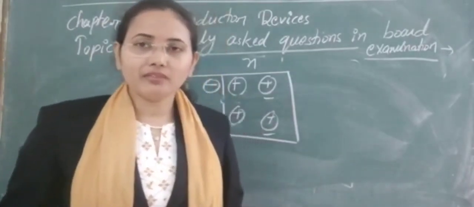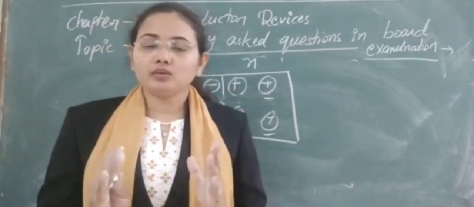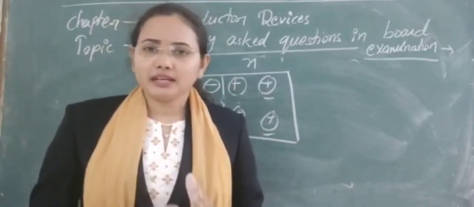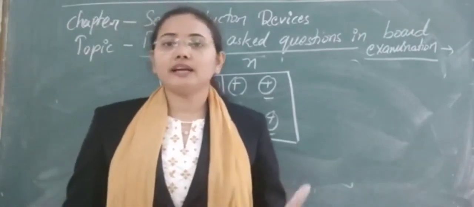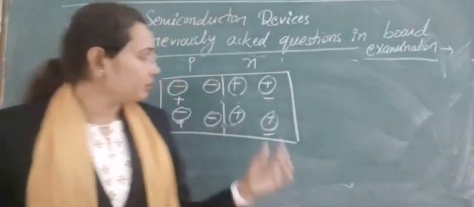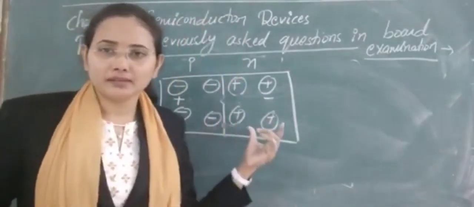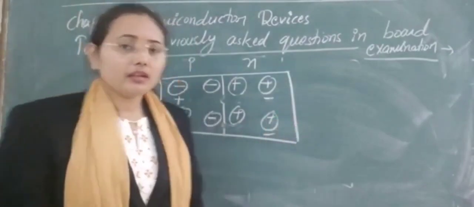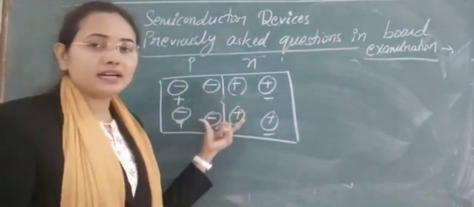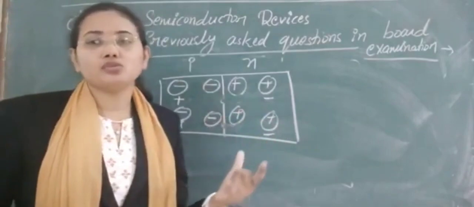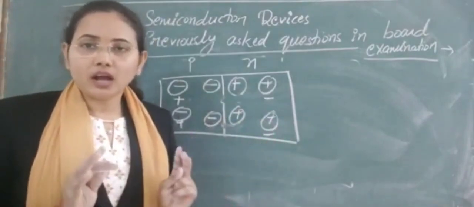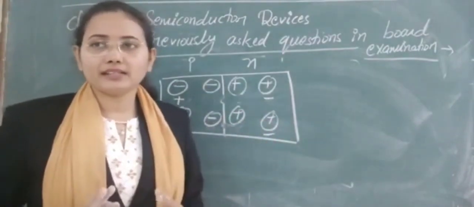So in the beginning, whenever we put p and n type material together, we get some current there, but after that we get no current due to the depletion of these ions at the junction. The region in which these ions are depleted is known as the depletion region. So I think how the depletion region is formed is clear.